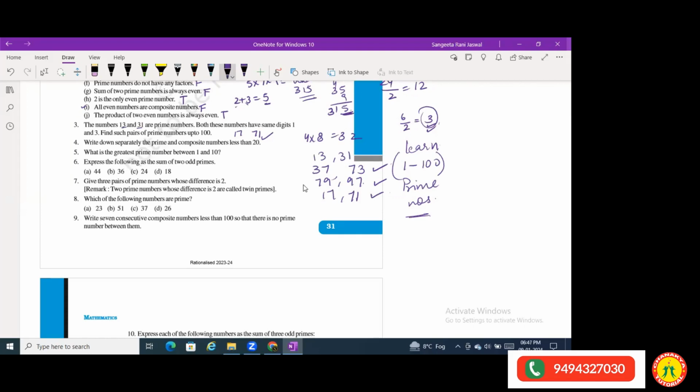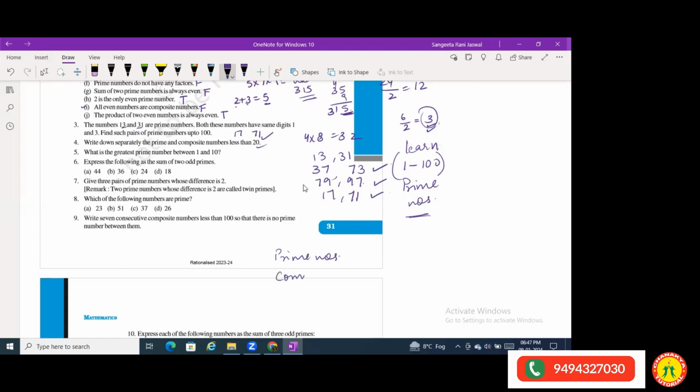Now I'll see the fourth one. Write down separately the prime and composite numbers less than 20. So you can write the prime and composite numbers less than 20, between 1 to 20. Ma'am, it's 2, 3. Write down and tell me then. First you write prime numbers